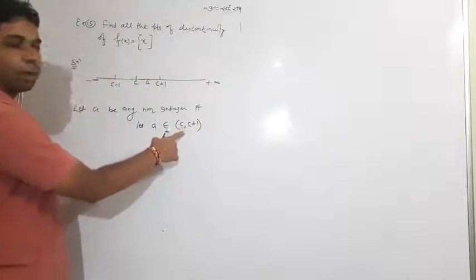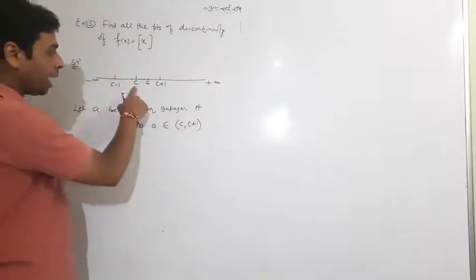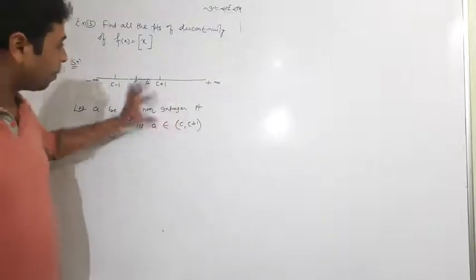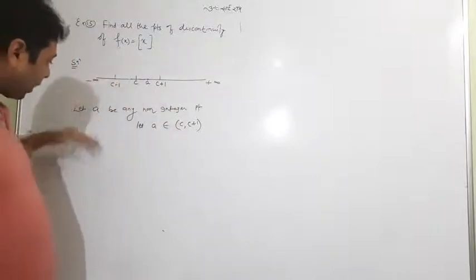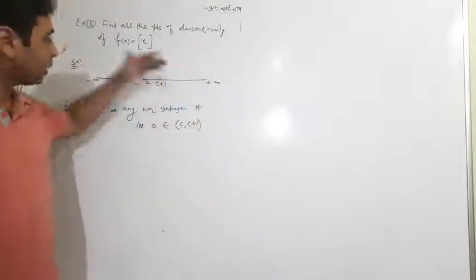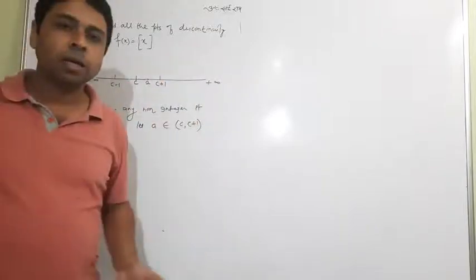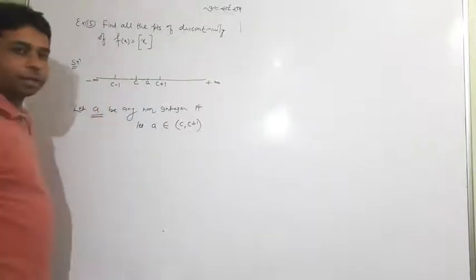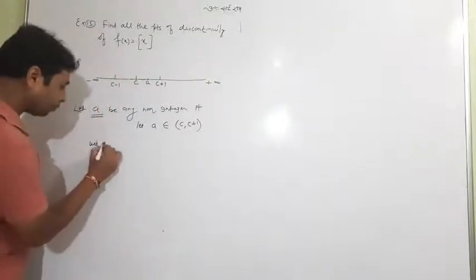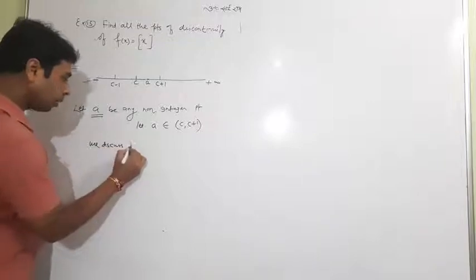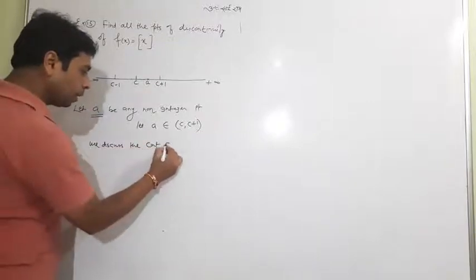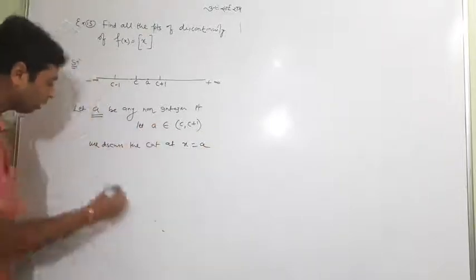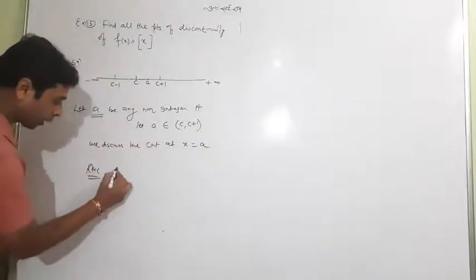Look, it's a very simple interval I have made here. c and c plus 1, and a is lying between them. It is not necessary if you have made a picture, but for the second you have to make another picture, depending on c, because c is an integer. Okay. Now we discuss the continuity at x equal to a, because a is non-integer. Okay, now start. Right hand limit quickly.